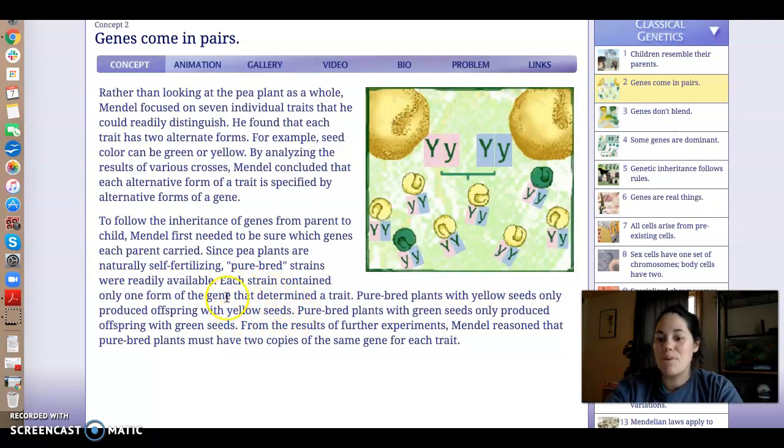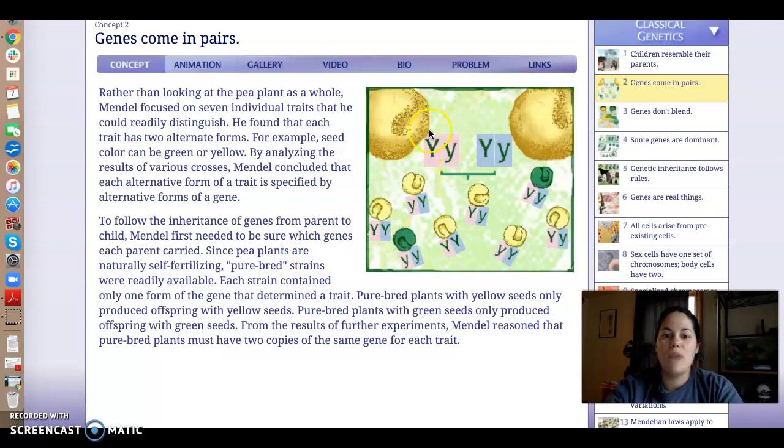So this is what we were looking for to answer our question. Purebred plants with green seeds only produced offspring with green seeds. From the results of further experiments, Mendel reasoned that purebred plants must have 2 copies of the same gene for each trait. So if we take a look at our picture, we can see